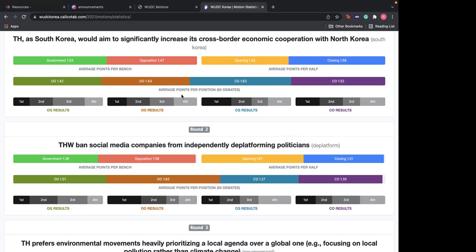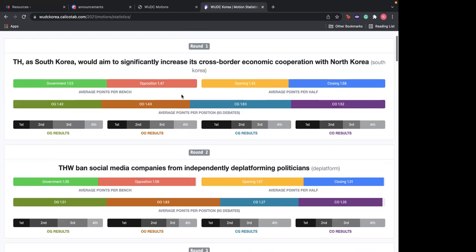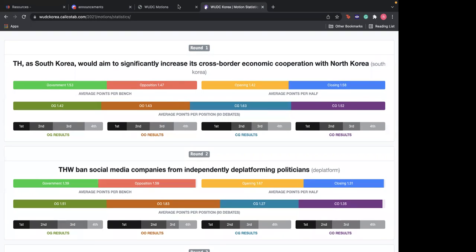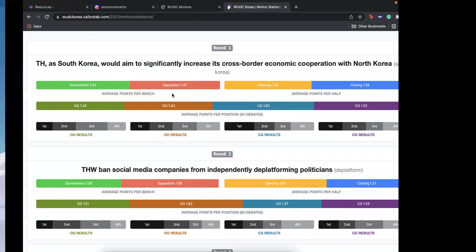So this is a lot more statistics on how motions work. You absolutely do not need to worry about this. Even I still barely worry about this, so don't worry too much about it at your own level. But that's what this stands for. Are there any other questions? Cool, assuming none. You can always reach out to me personally, or just unmute and ask at any point. Let's go back.